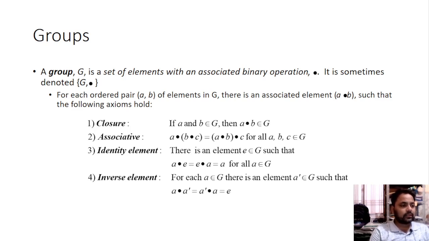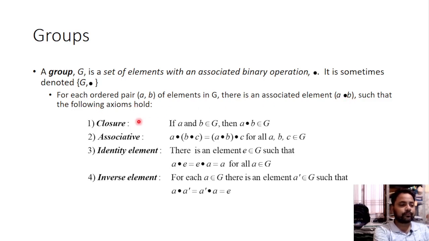Now here we are discussing the groups. A group G is a set of elements with an associated binary operation, and we will represent this by comma and dot. It is sometimes denoted by the set sign in middle brackets, G comma dot. For each ordered pair A, B of elements in G, there is an associated element A dot B such that the